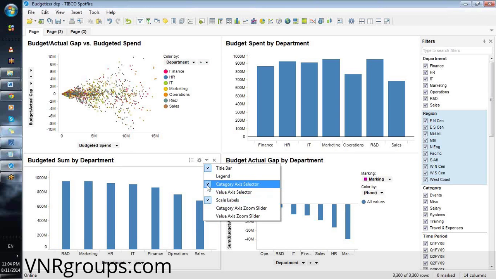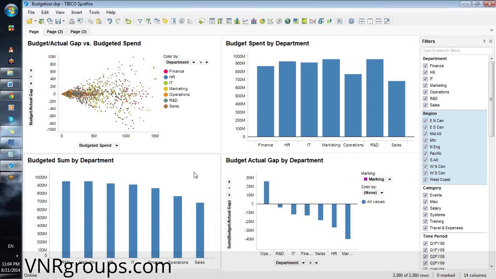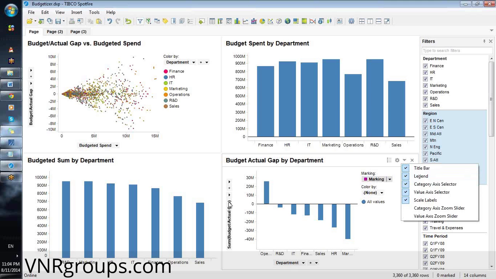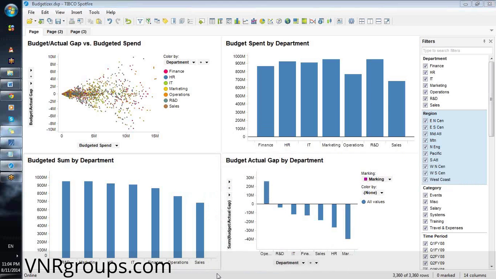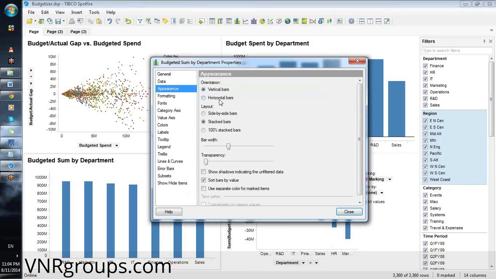Category axis. You don't need the category axis selector. And make it horizontal. Try making that horizontal. You don't have to go to